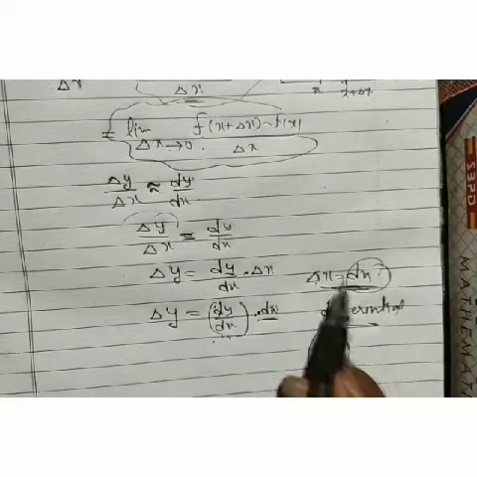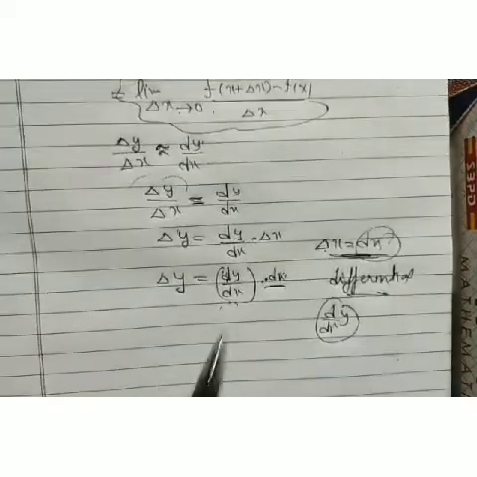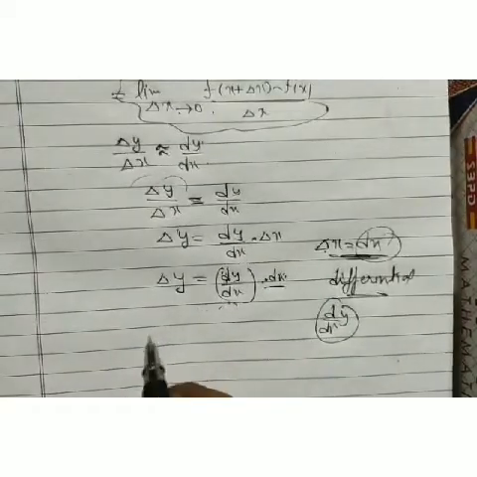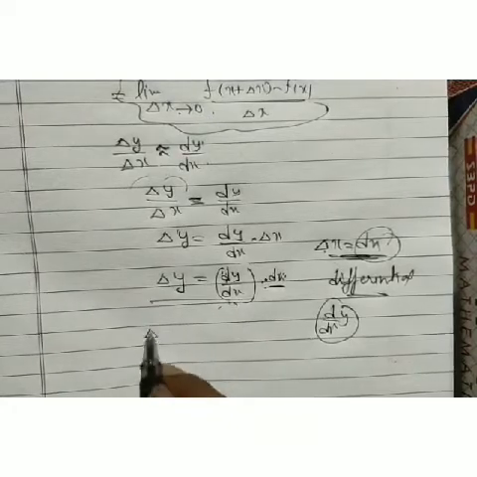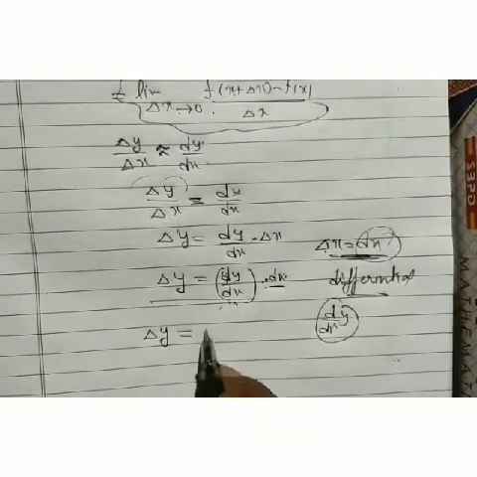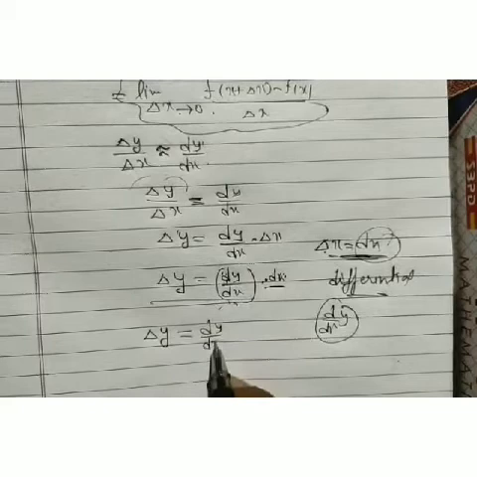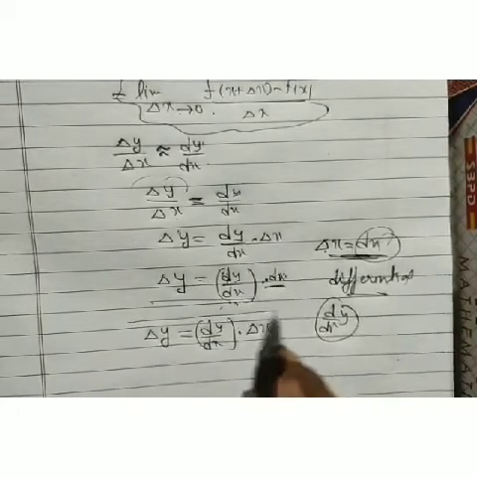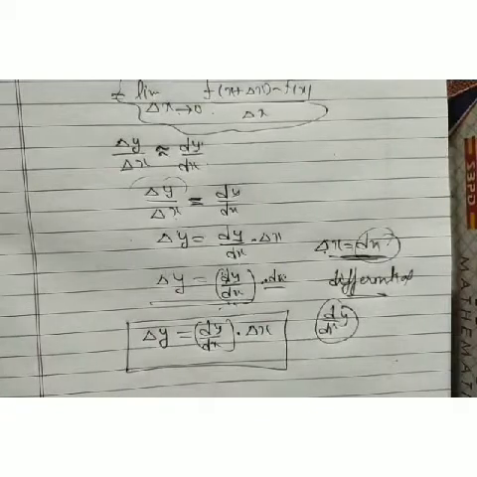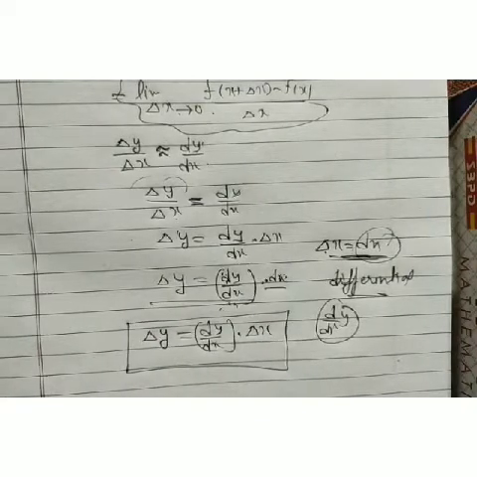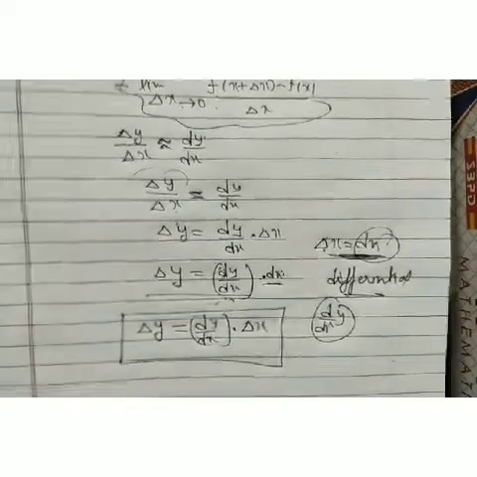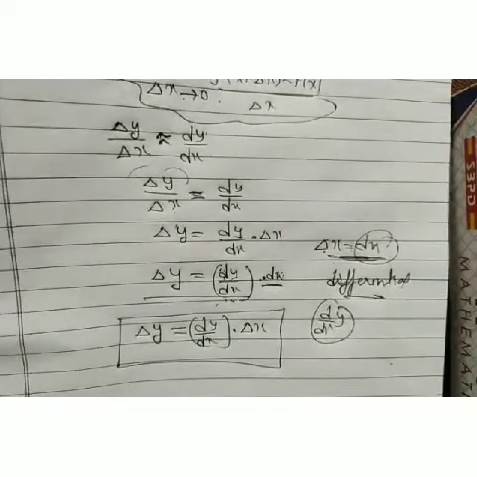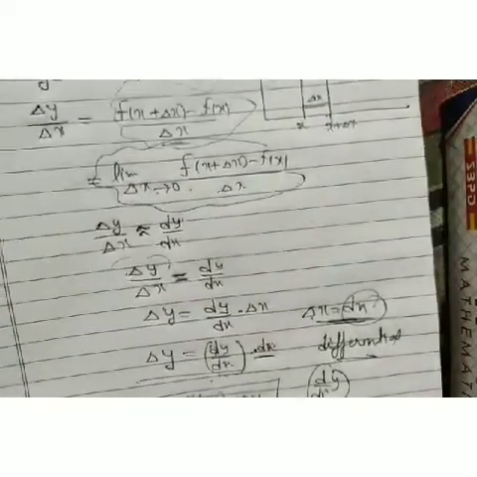When we take delta x, then to find out any changes, we use the formula for the change delta y. How can we get it? It's the derivative d/dx of y into delta x. This we use for approximation. Actually, when we talk about the whole topic of approximation, let's discuss Newton.